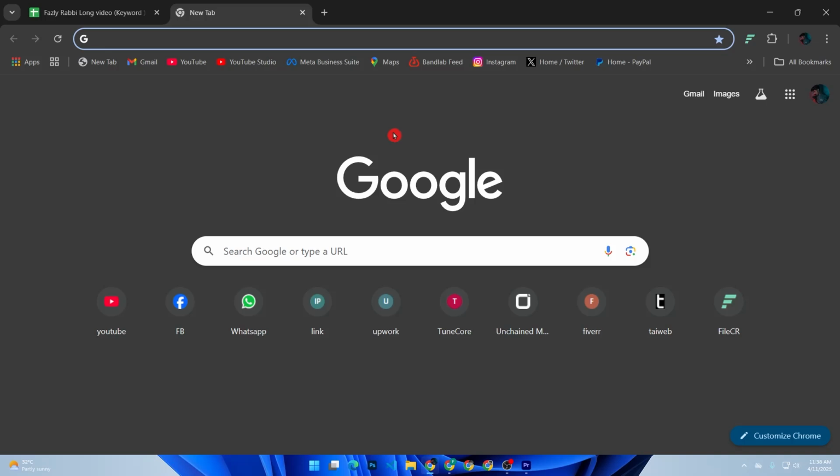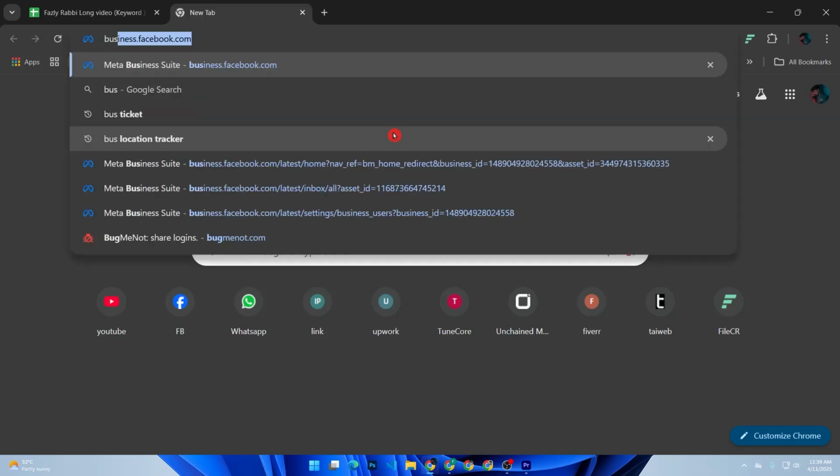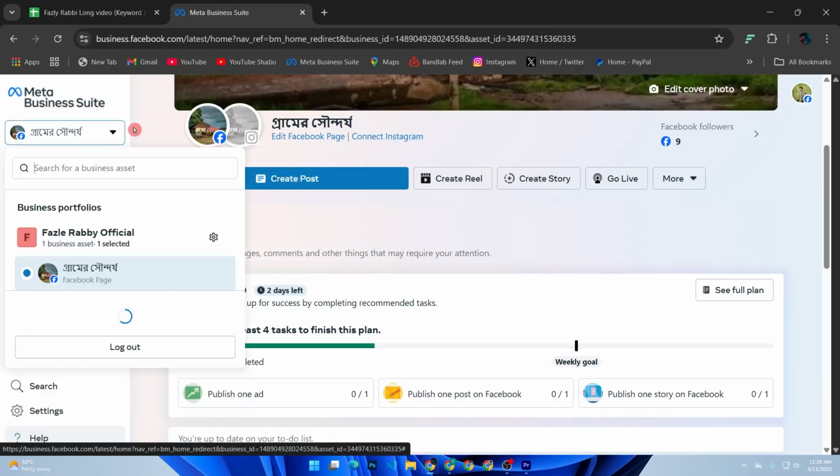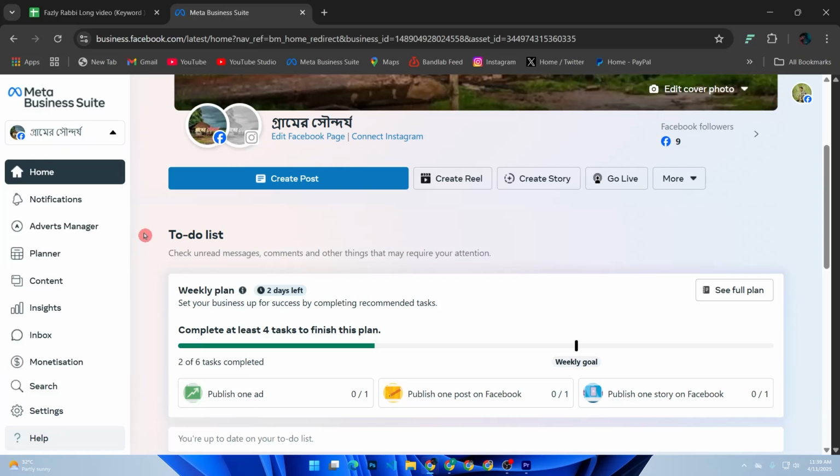It's perfect for business owners, marketers, or agencies. To get started, open your browser and go to business.facebook.com. Make sure you are logged into your personal Facebook account. This will be the admin of your new business manager. Click on the Create Account button in the top